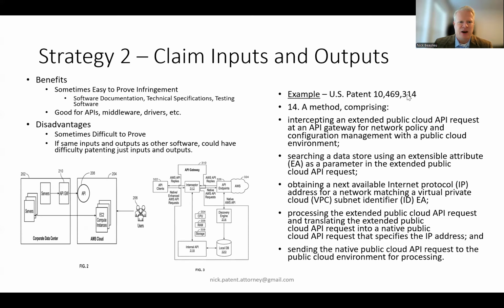My second strategy is claim inputs and outputs. The benefit is that sometimes it's easy to prove infringement. A lot of times there's software documentation, there can be technical specifications, and you can also test software. So if it's a driver,